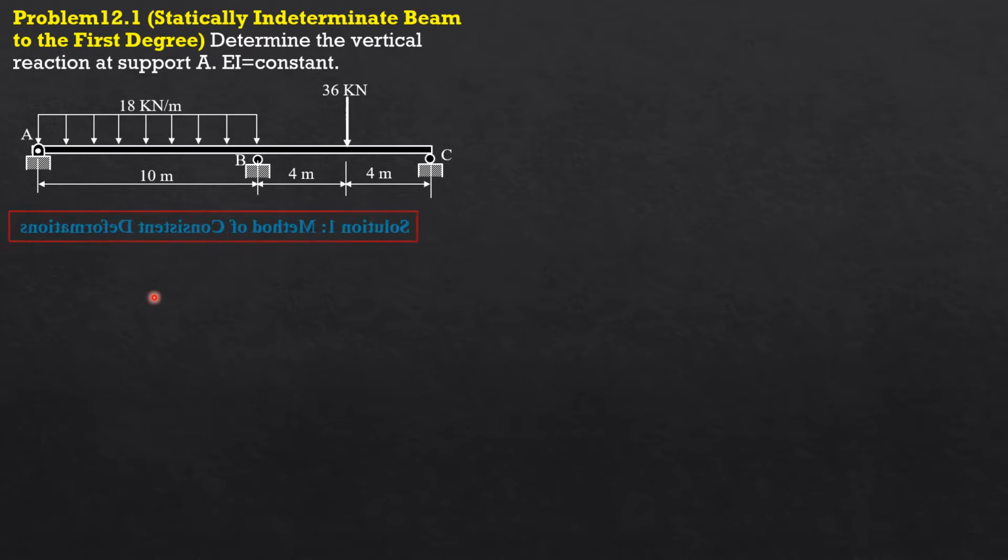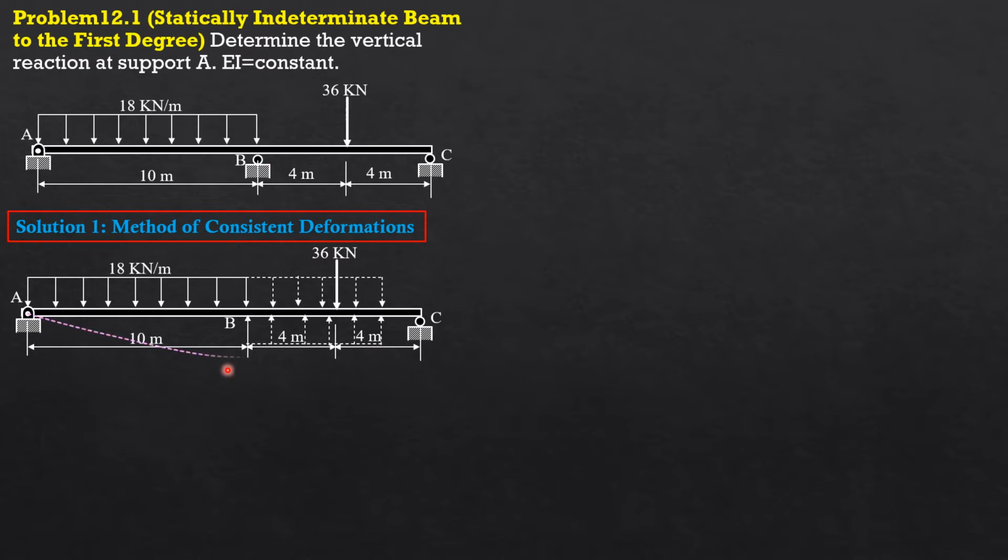So first, I have to present the method of consistent deformations by selecting the reaction at B as the redundant force, and we remove it so that it will deflect freely as shown, and I apply double integration first. So I'll call this deflection delta B, which is expected negative. So I have to extend this loading and counter it upward,